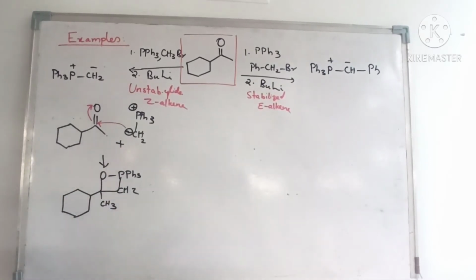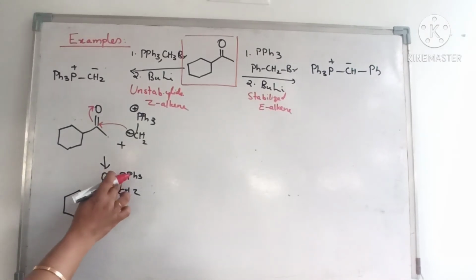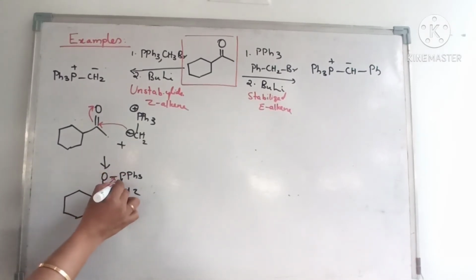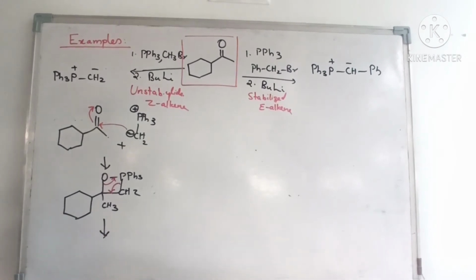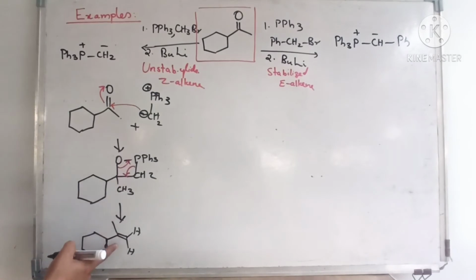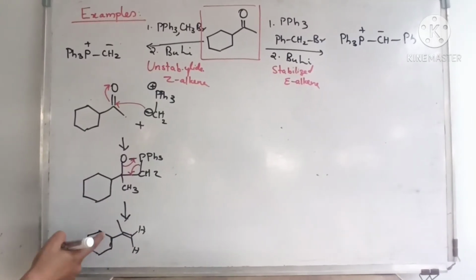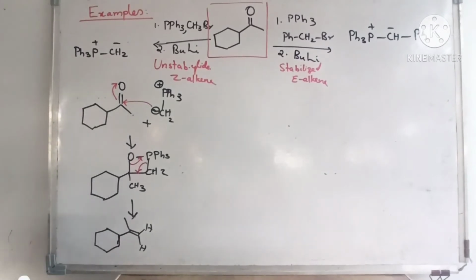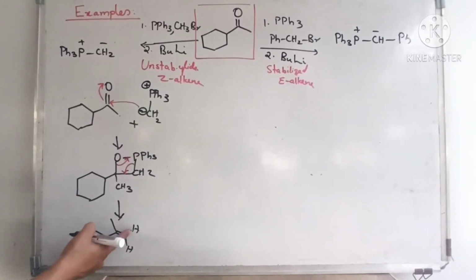Okay, now this ring will be opening. How will this be opening? In this manner. Here P double bond O should form, and here the alkene should form in this manner. And after that you should generate Z-alkene. So after the reaction you will be getting the double bond over here, both hydrogens over here, like this. So from here you cannot say whether it is Z-alkene or the other, because the two are hydrogens.